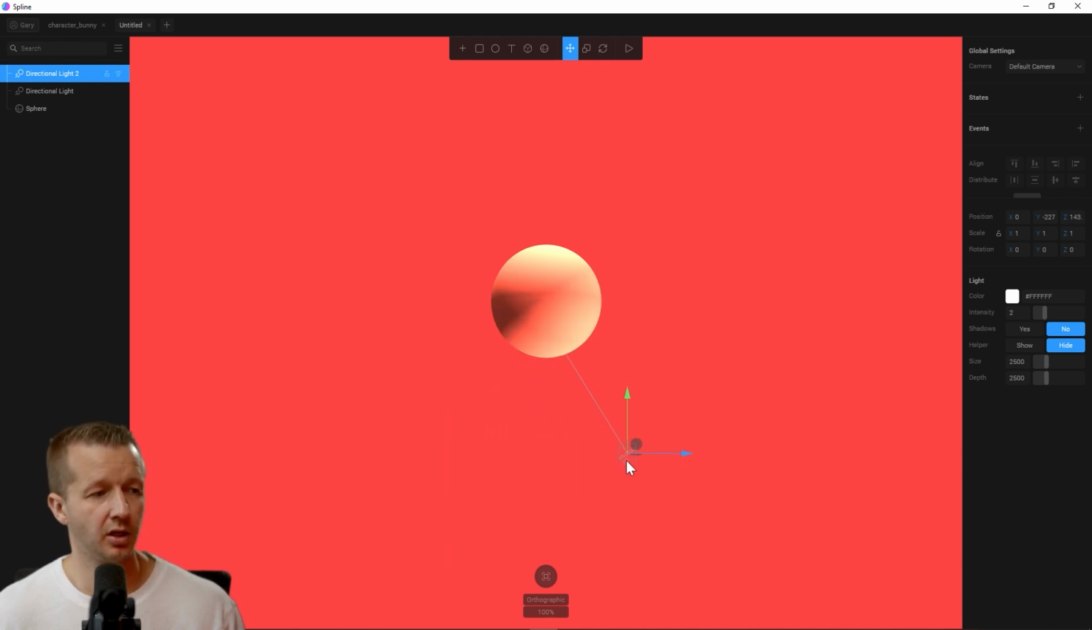And then, of course, because we have it selected, we see in the properties we have states and events, which we're going to get to in a bit. But for now, we'll overlook that. For the light, we can change the intensity. Shadows, like will it cast shadows, yes or no? We're going to leave no on that. The size,